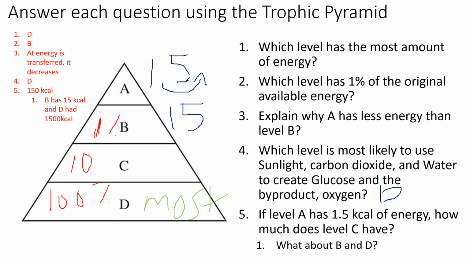And then we're going to move that decimal place again to the right. And if you don't know, if you move it to the right, you're going to add a 0 there. So C will have 150 kilocalories of energy. And D, moving it to the right again, is going to have 1,500 kilocalories of energy. So you have to move the decimal place to the right if you are going down the trophic pyramid. If you are going up, you move it to the left, because if you move these all to the left, you should get A as 1.5 again.